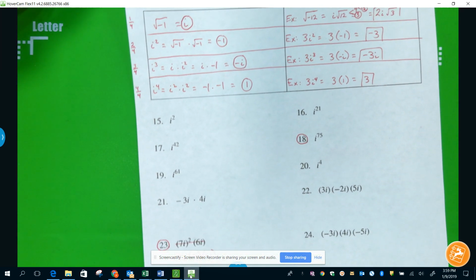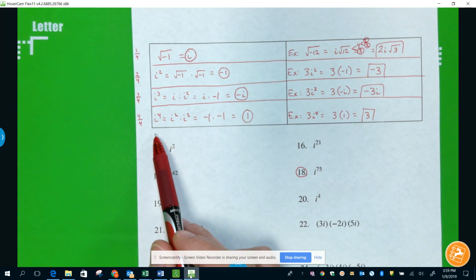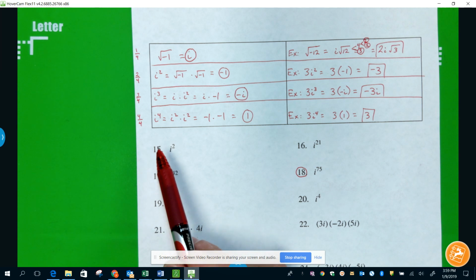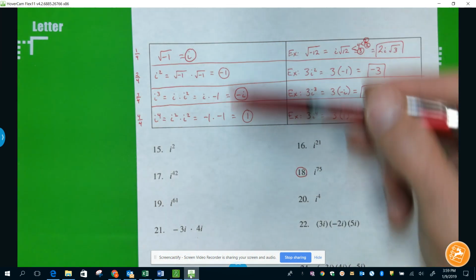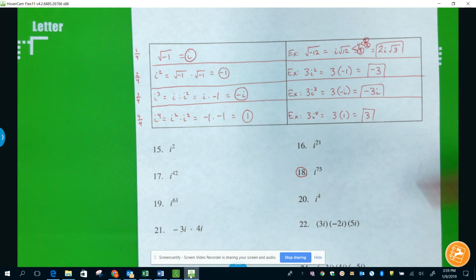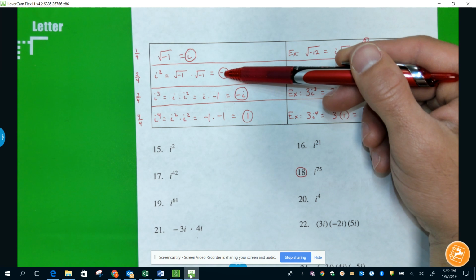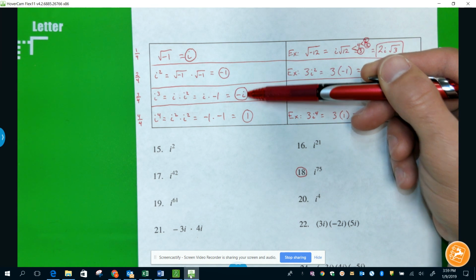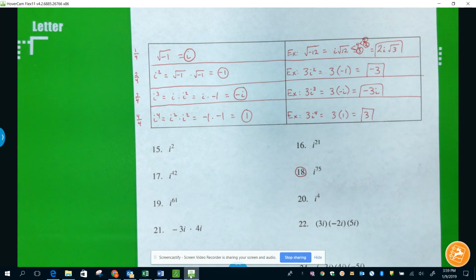Now when we get to these really big exponents, we talked in class about extending this: i to the 5th, i to the 6th, i to the 7th, i to the 8th. These 4 i rules continuously repeat over and over. i to the 5th is going to give you i. If we continued, i to the 6th would be negative 1. Then i to the 7th, i to the 8th, i to the 9th, 10th, 11th, 12th, and we could continue doing that forever. But the shortcut would be